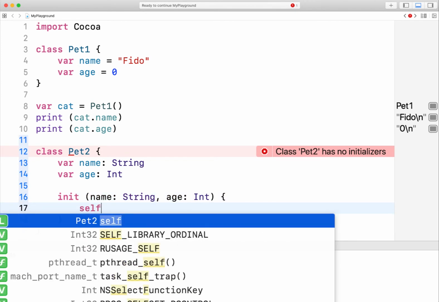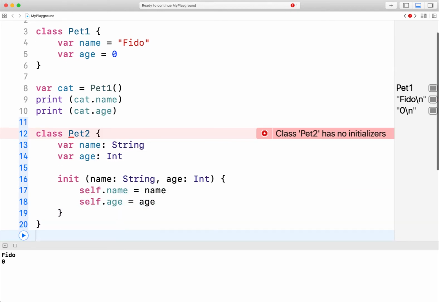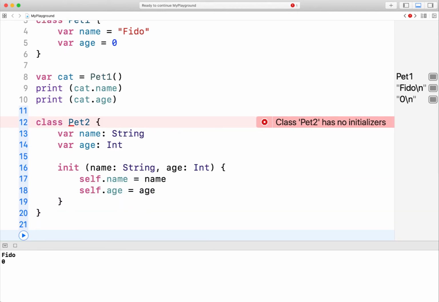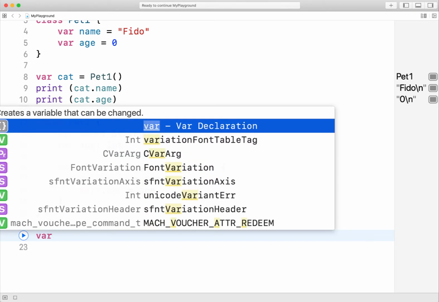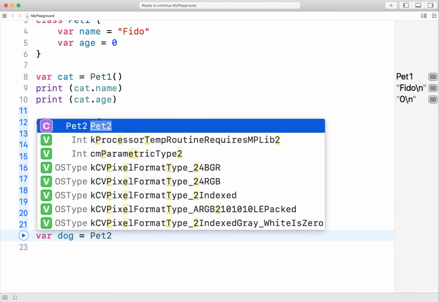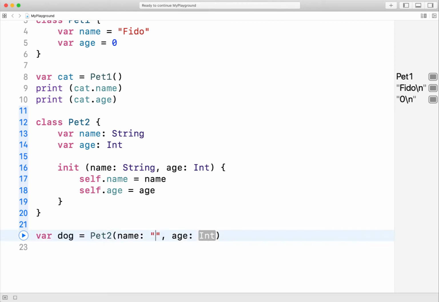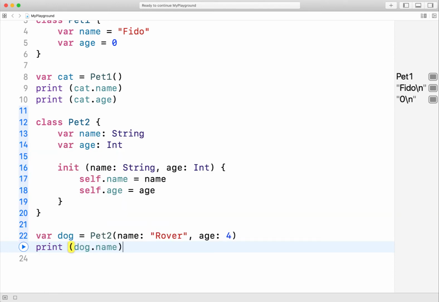And then you have to do this silly self equals name and self like this. And now when you create an object from that class, now you can access the properties,